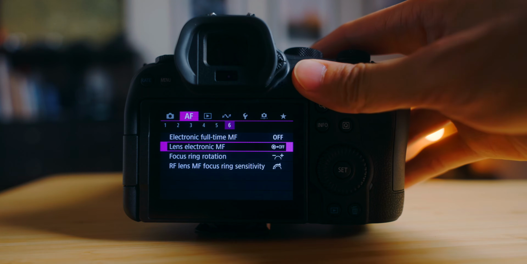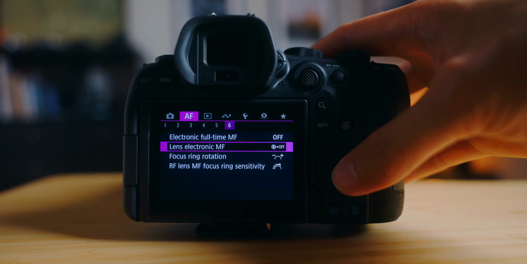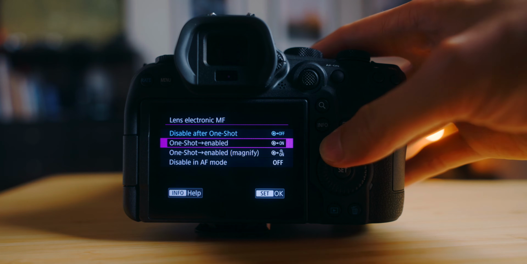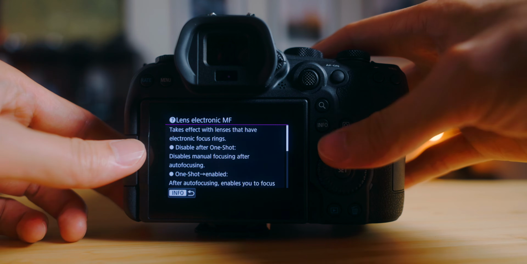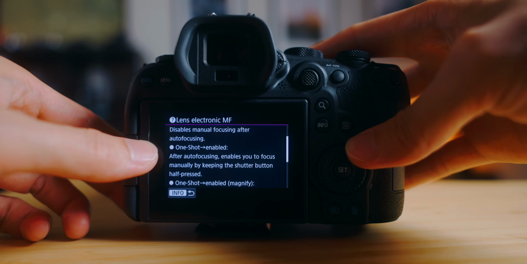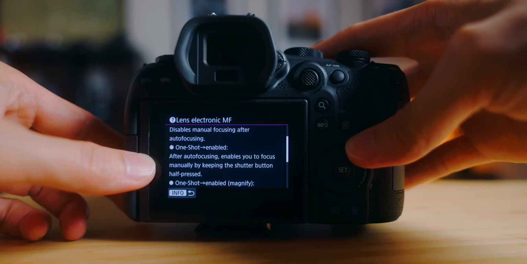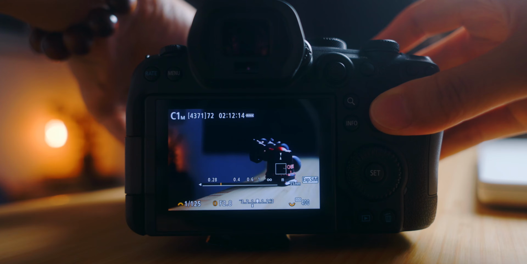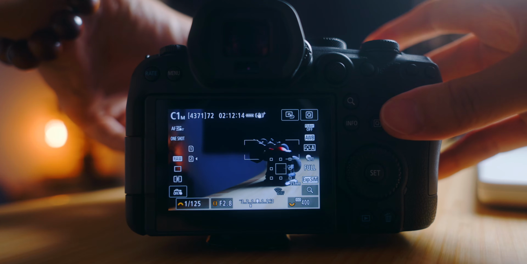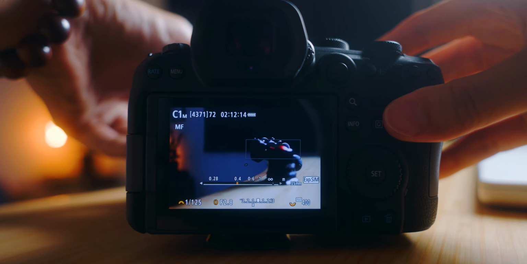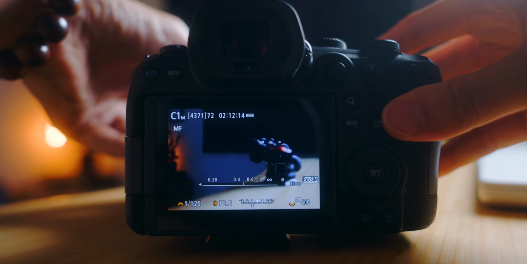Moving on to page 6, over here I have the lens electronic manual focus set to on, and specifically on one shot enabled. And this allows me to take a shot and half press on the button here and adjust the focus. So essentially I switch to manual focus right away whenever I half press and hold it there, and I can adjust the focus manually. You can see on the screen it flashes manual focus, and I can have the focus distance scale down at the bottom along with the focus guide in place